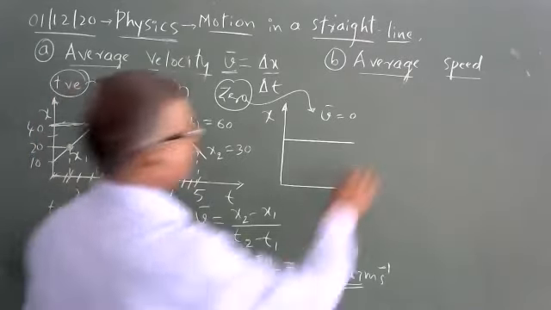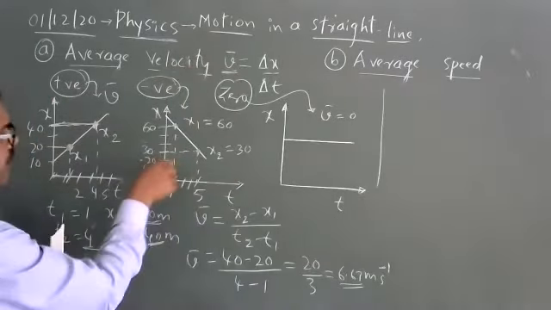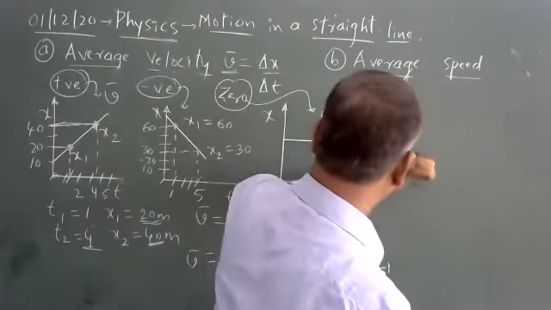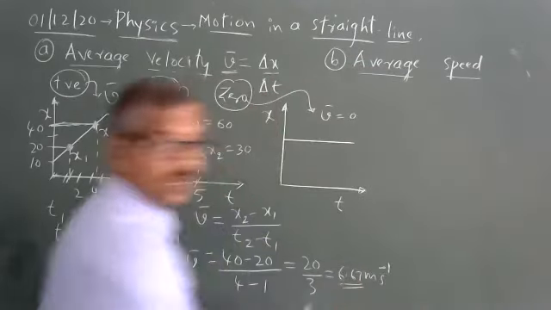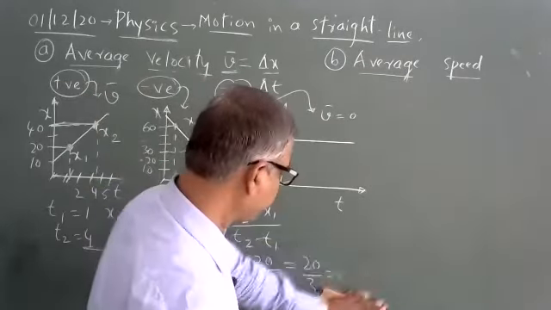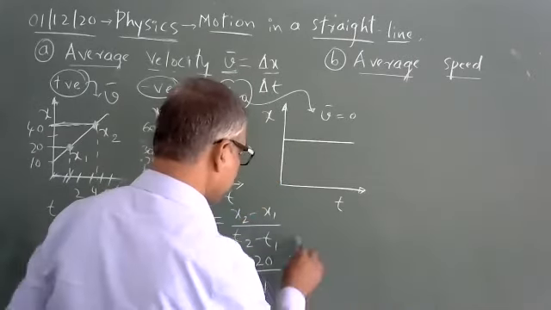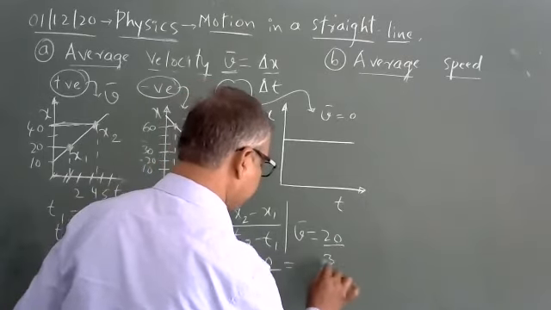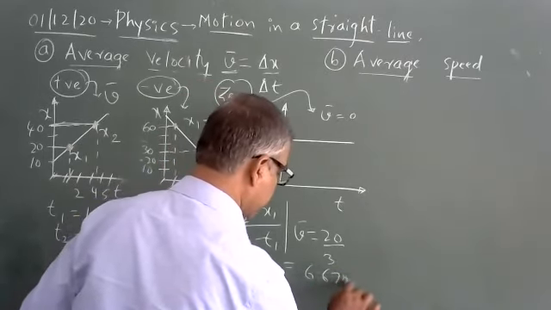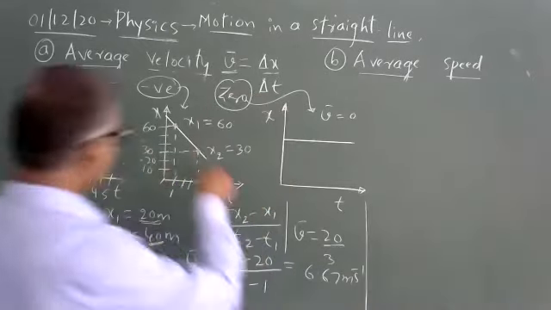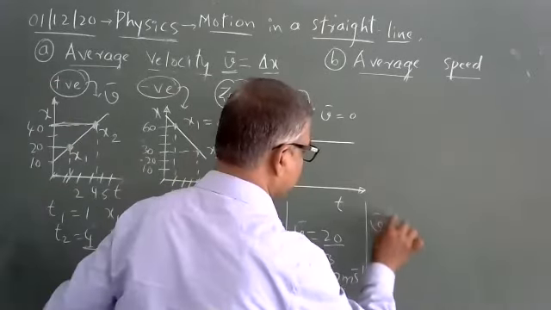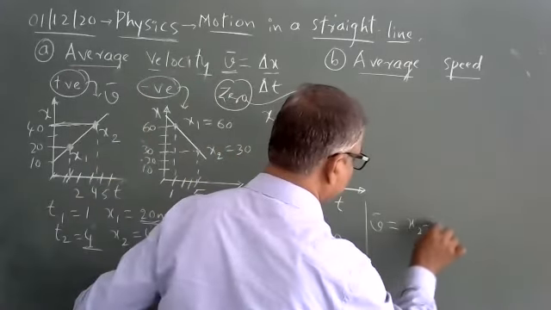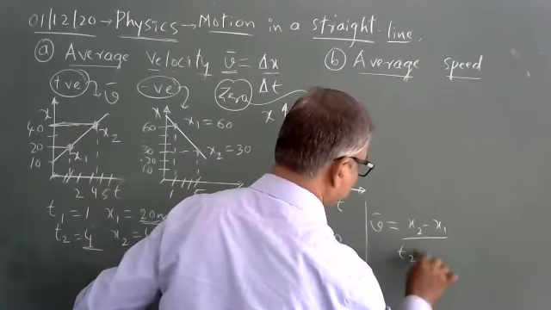Now when I go for the second calculation, I have average velocity. Let me put it here. I think it's visible. Let me put it in the denominator. This gives you average velocity equivalent to 20 upon 3, which is equivalent to 6.61 meter per second. This completes it. When I go for negative velocity, average velocity is x2 minus x1 divided by t2 minus t1.